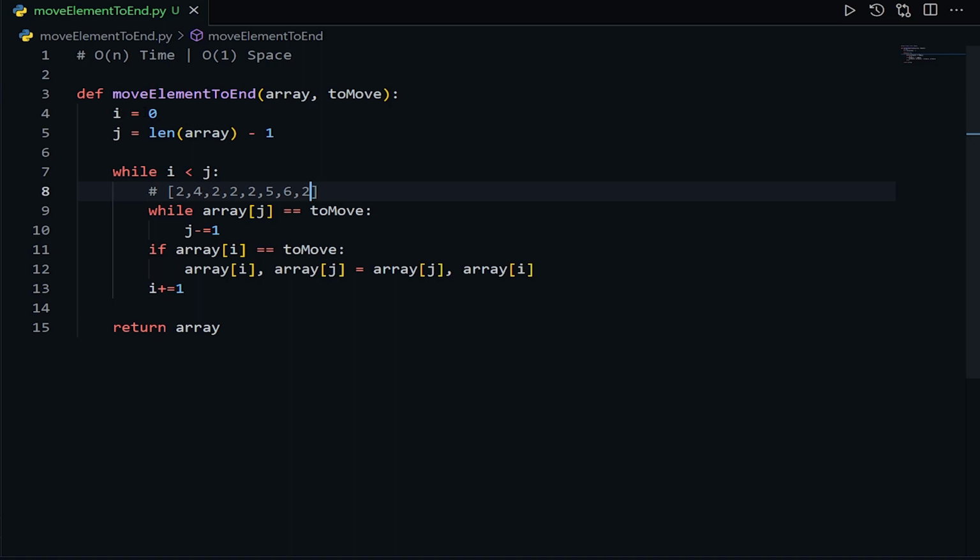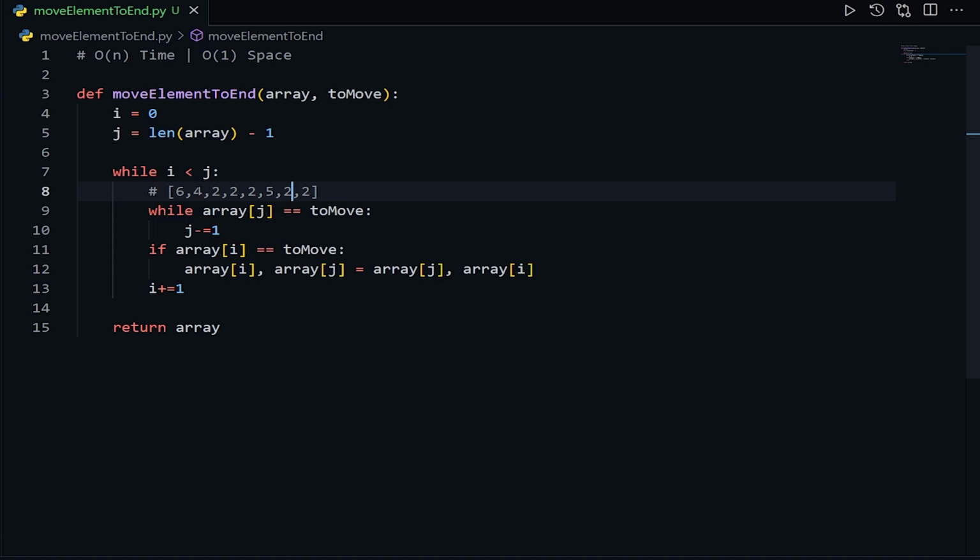Starting with I equal to 0 and j equal to last, I will be first at the 0th index and j will be at the last. Then we will enter this loop and j will decrement. So j will get to 6 and I is still at 2. We see I is equal to our element and we swap them. So 6 will come here and 2 will go there, and j is here.